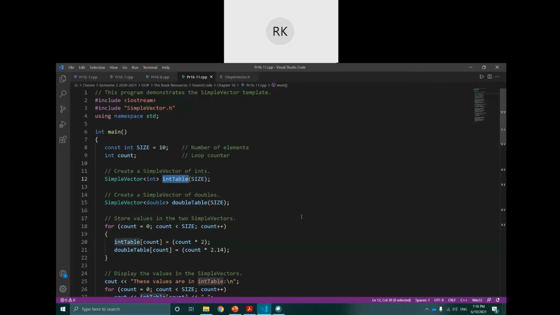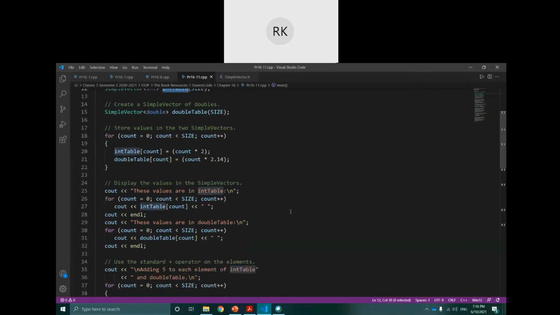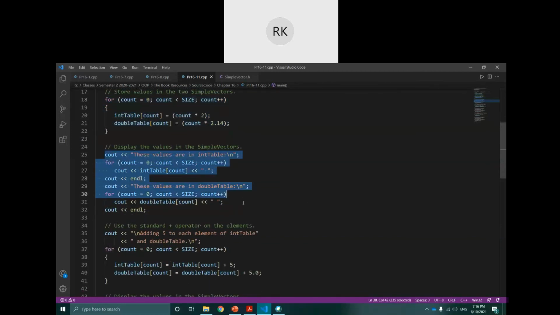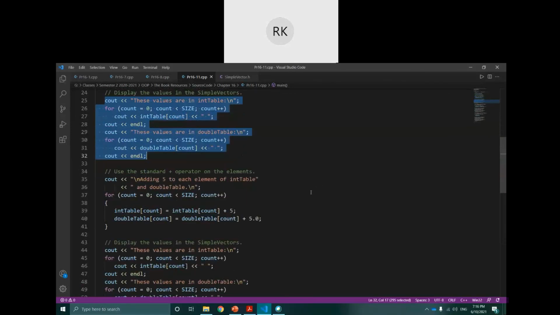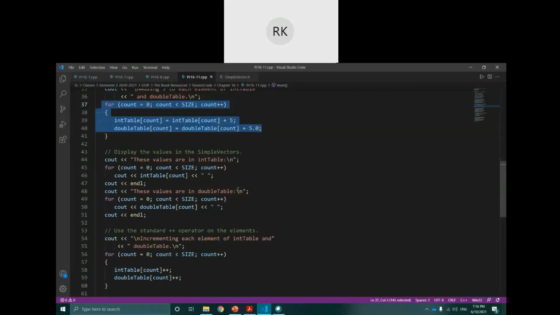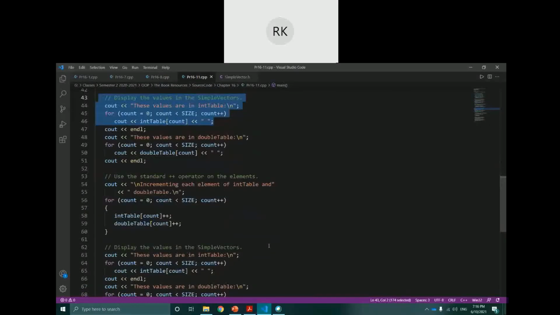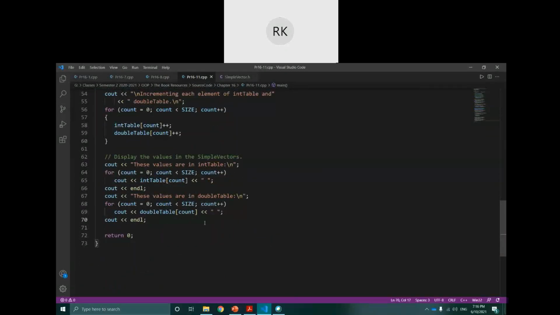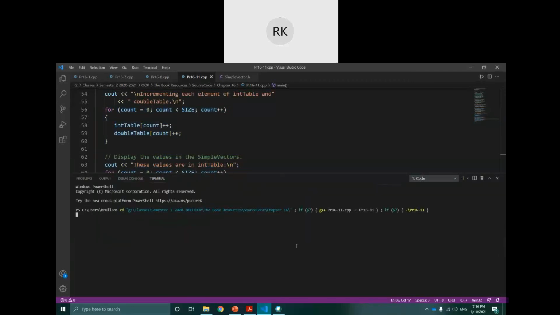So one time the array is of double values, another time the array is of integer values. Now you see here, we just apply a calculation on the array using a for loop and then display its locations. It's a normal calculation applied on the array. Let me run it. There is no need to go through all the coding, you can easily understand. I hope it should not be a problem.